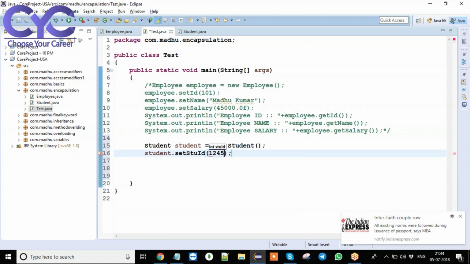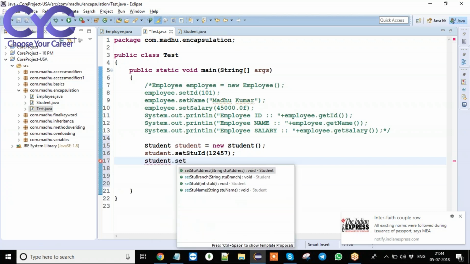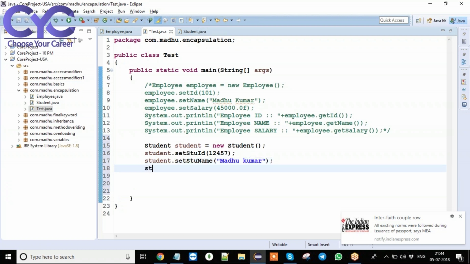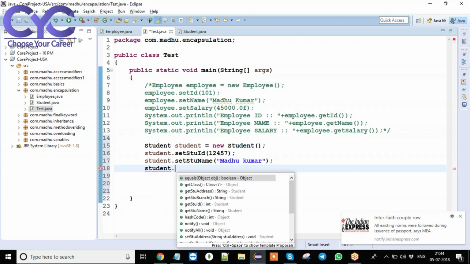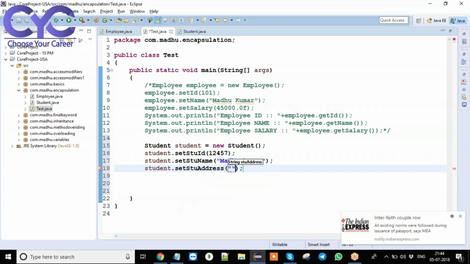Some value. Now student dot setStudentName of some value here. Student dot setStudentAddress of Hyderabad.